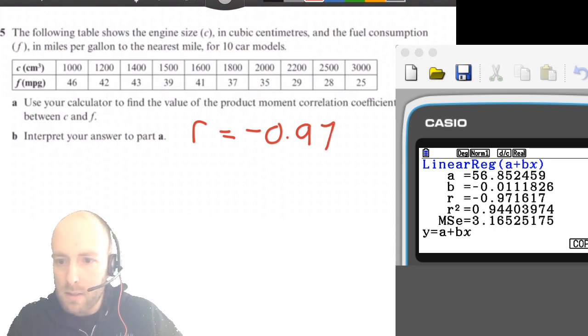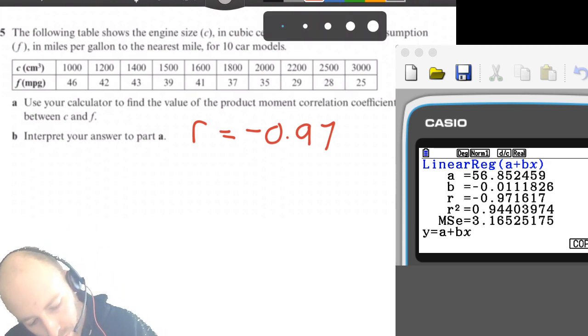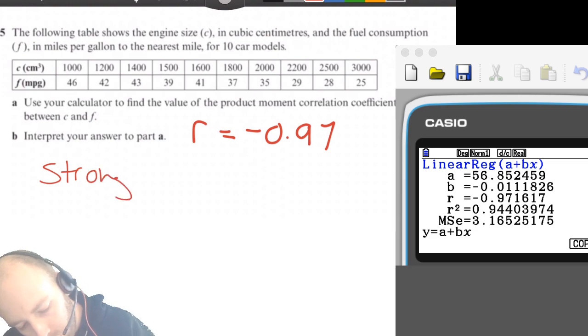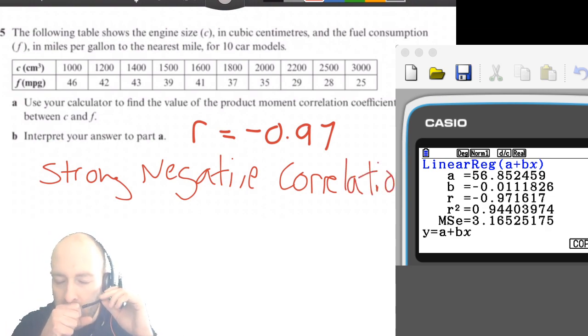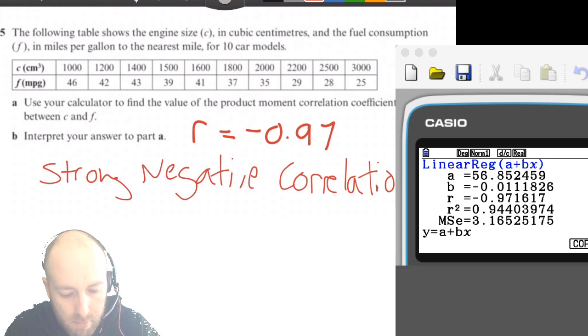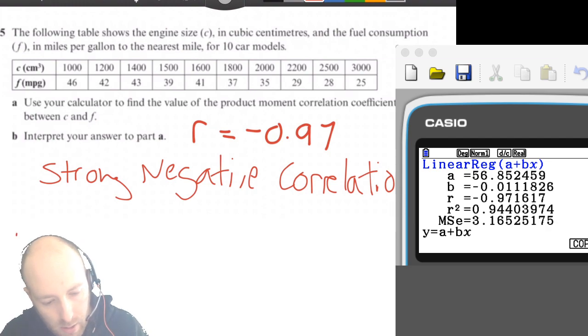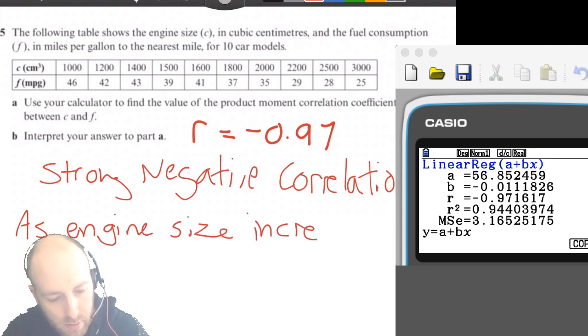Okay, so let's have a look at some of these answers that you guys have suggested. So you said strong negative correlation. I agree. Yeah, and then you said the larger the engine, the lower its fuel consumption. Yep. As one goes up, the other goes down. So yeah, as engine size increases, fuel consumption